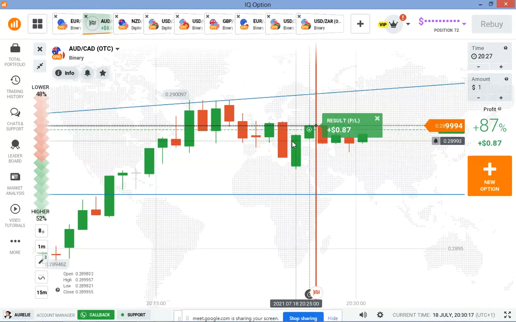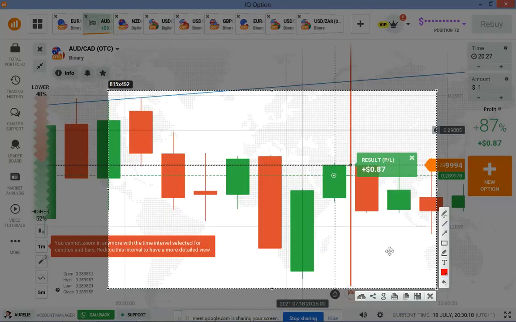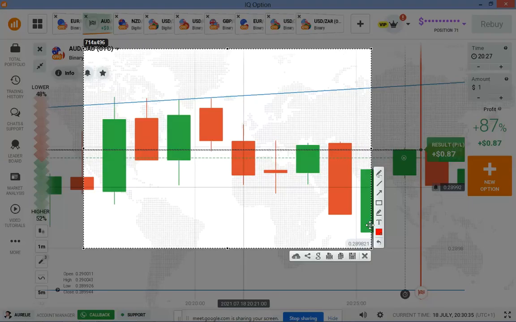Like this pattern, it's almost getting close to the abandoned baby chart pattern. Okay, because the price moves away from the closing price. So just like abandoned baby, that is why I decided to go with buyers on the next candle here. Same thing happened here, just like abandoned baby, just like what I explained.